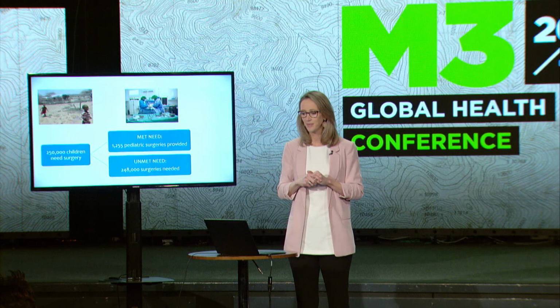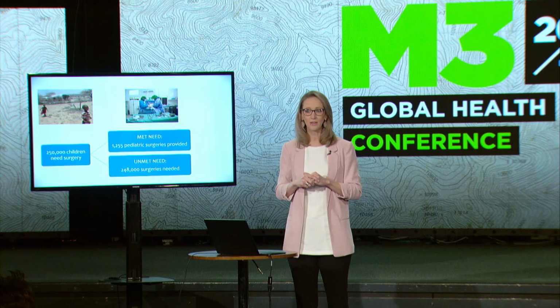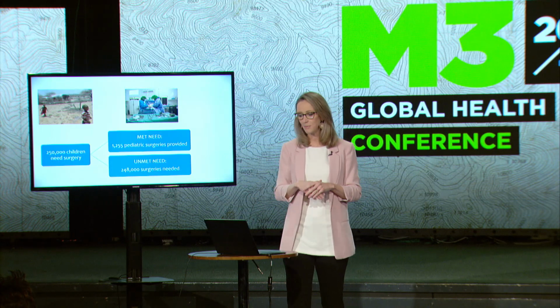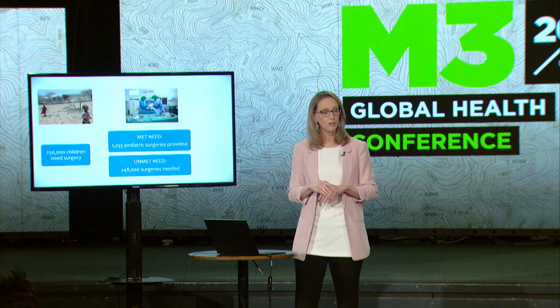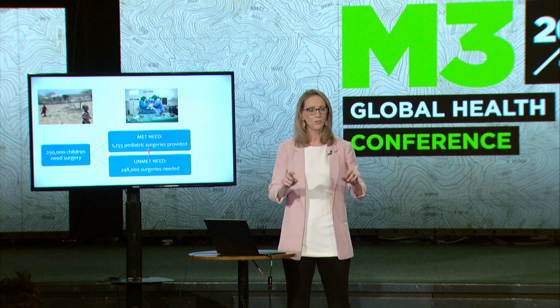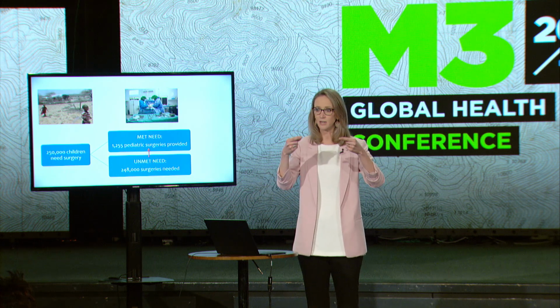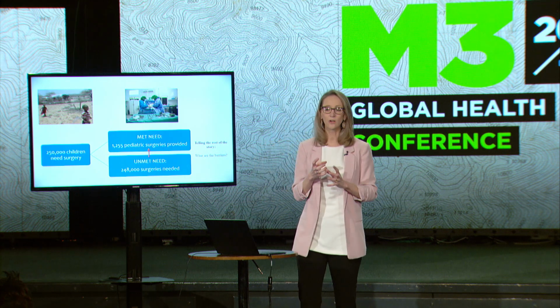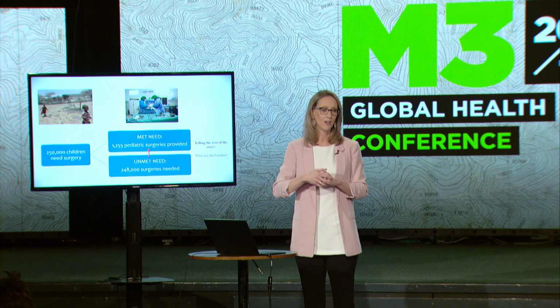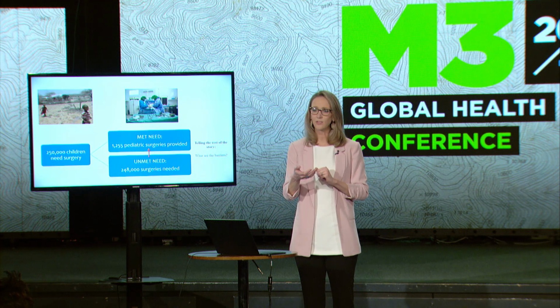So let me summarize again. We're going back to our building the story. About 250,000 kids need surgery at the community. 1,200 of them had a met surgical need or had surgery. That means that we have an unmet need of 248,000-ish surgeries that are needed. So our goal now is to figure out how to get those kids with an unmet need to the met need. But we know that telling the rest of the story is not as simple as taking them to care or making sure they get to care. We have to ask ourselves the question, why aren't they going to care in the first place?